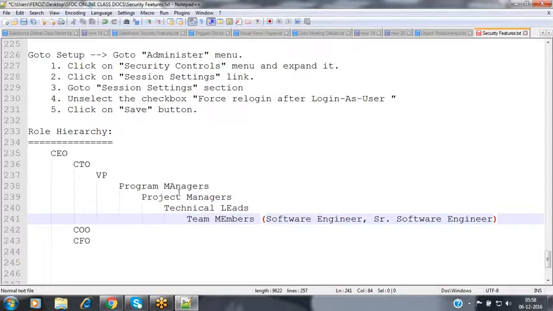So a software engineer will have only limited roles and responsibilities, so they can access only some limited features. A technical lead has the coding part, as well as taking care of some people management. A project manager takes care of additional responsibilities, like interacting with the client and managing multiple clients. A program manager has different responsibilities like that. Depending upon the role, we can configure which objects are visible inside our Salesforce.